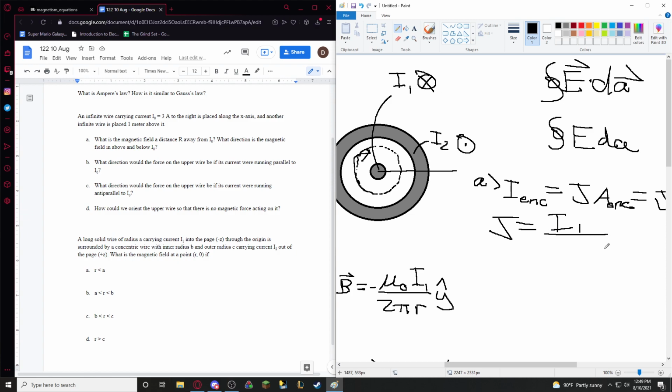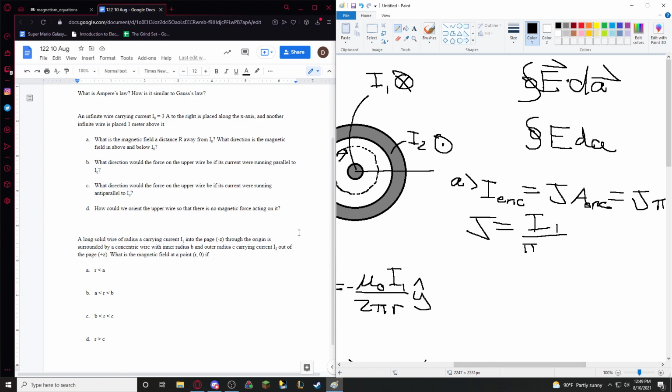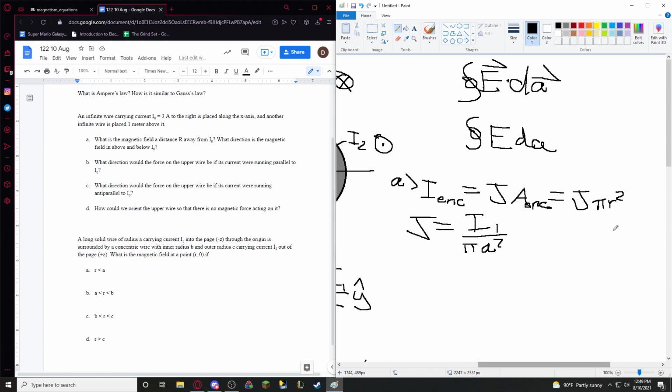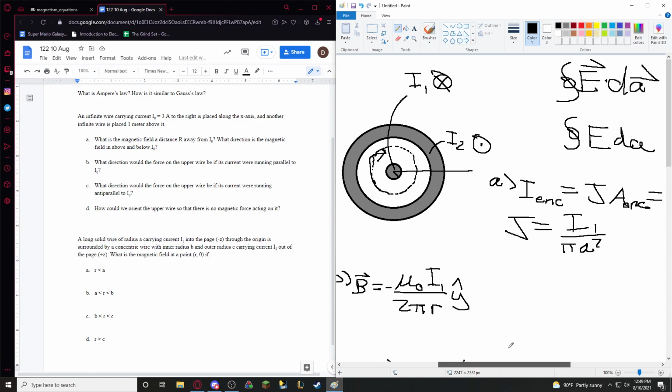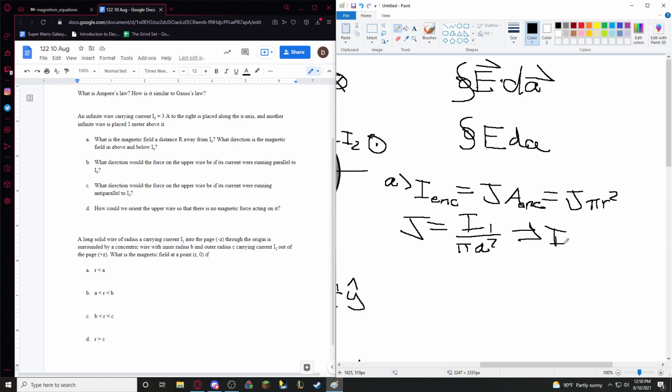What's the total area of our wire's cross section? Pi r squared. Yeah. What's the radius of our wire here? Less than a. Well, it is A. A is the radius of our wire here. Yeah, because this R here is an arbitrary R anywhere from 0 to A. So then from this, we can get I enclosed